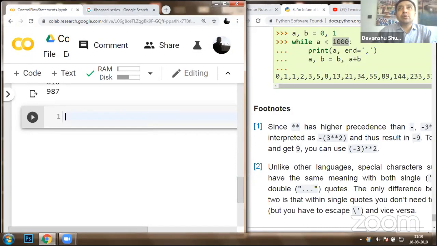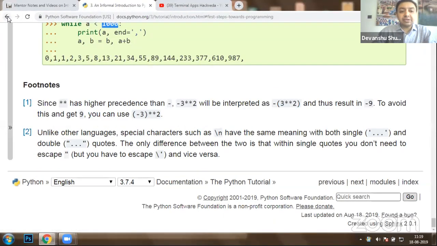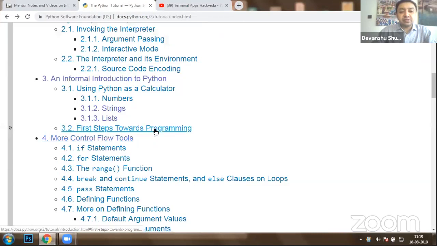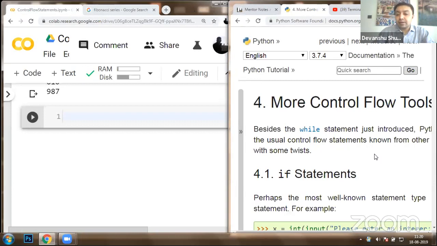Now what we are going to do, we are going to proceed with more important operations with conditions. Okay. So let's get back to the introduction. We are done with the first step towards programming. Now we are going to explore more control flow statements. Okay. So now here, when it comes to control flow statements, besides, as the documentation says, besides the while loop,